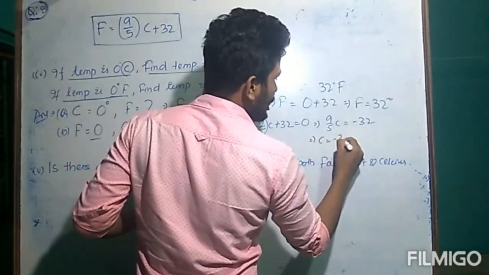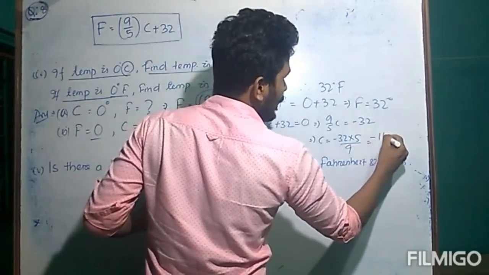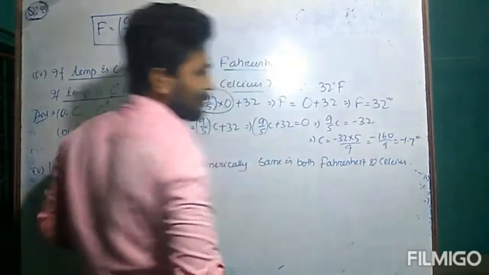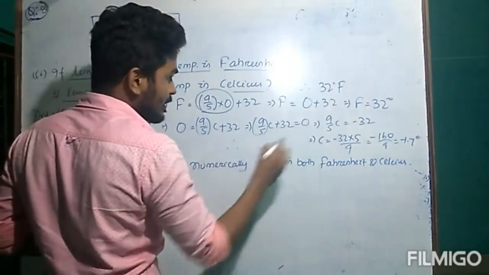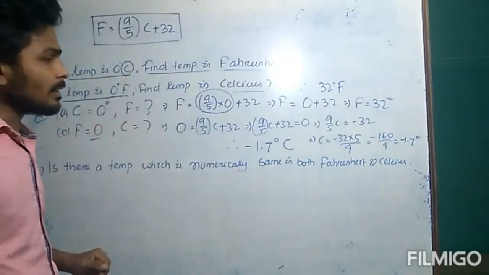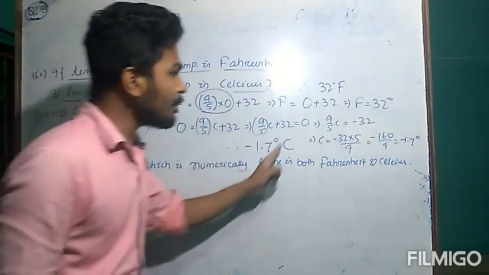Implies C is equal to minus 32, 5 is multiplied, 9 is divided. Minus 160 by 9, that is minus 17.7 degree. Hence the temperature in Celsius scale is minus 17.7 degree Celsius. Understood? Next, and the last but not the least point: is there a temperature which is numerically same in both